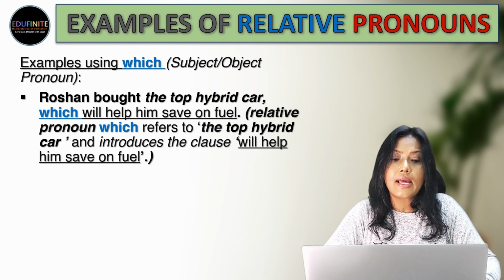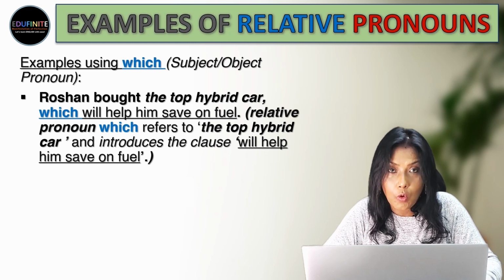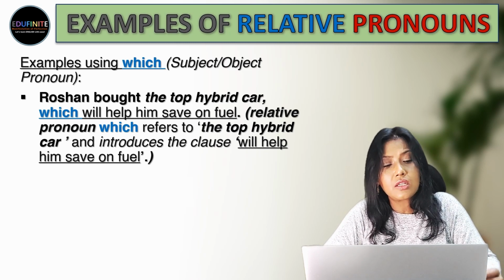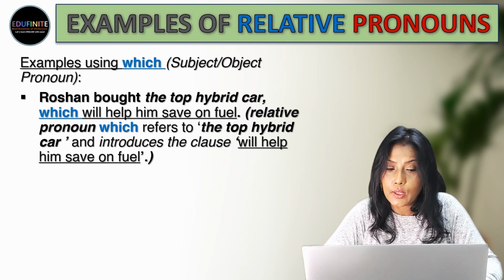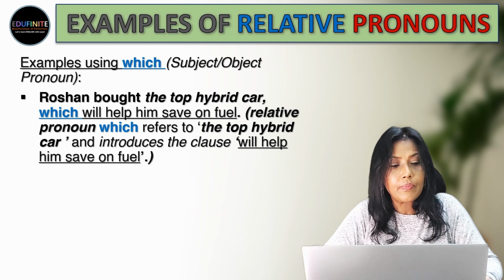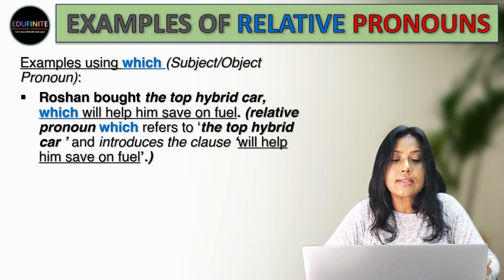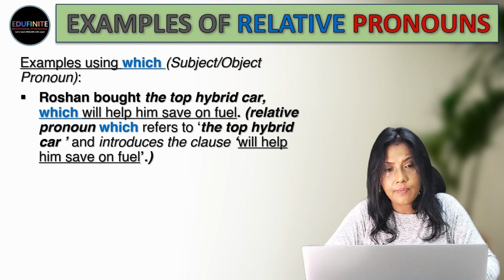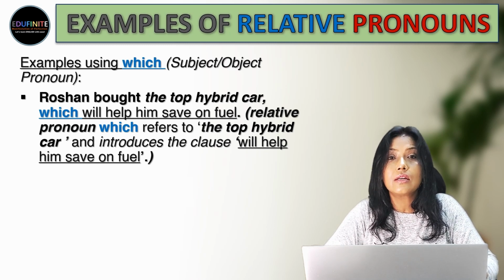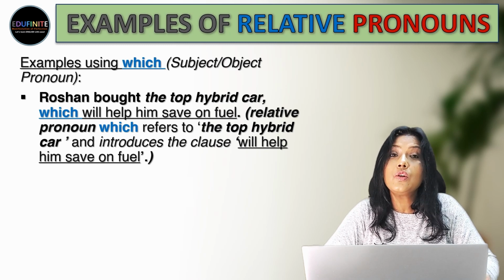And then we are telling a little bit more. We are describing the top hybrid car a little more. So what are we telling about it? Which will help him save on fuel. So the top hybrid car will help him save on fuel. So which is the relative pronoun. And since this is an extra information, so this is a non-restrictive relative clause and we can use only which